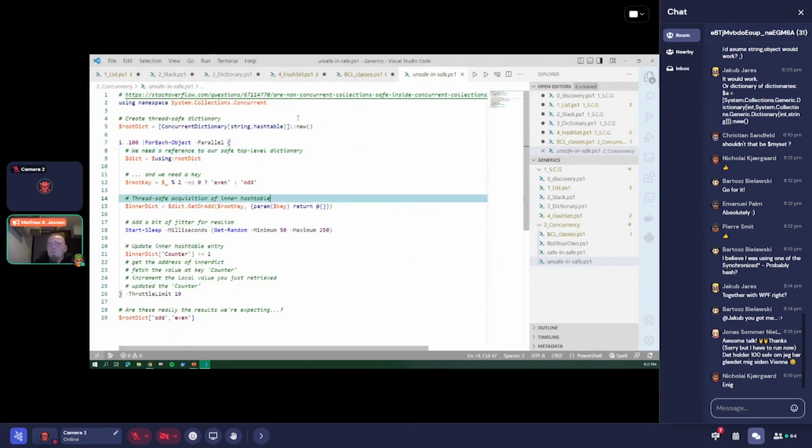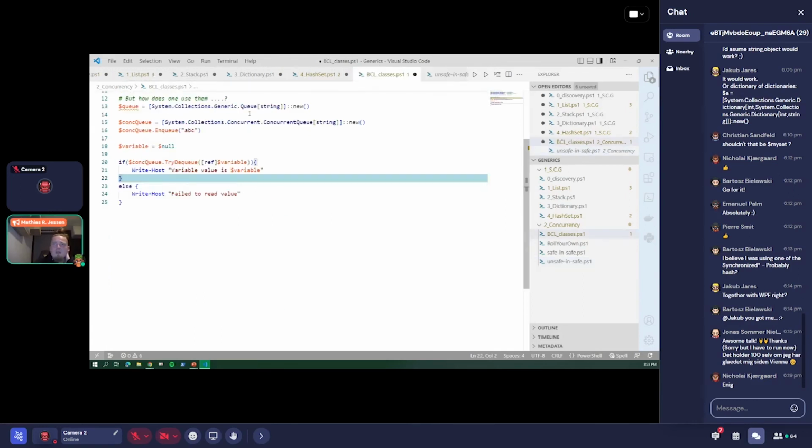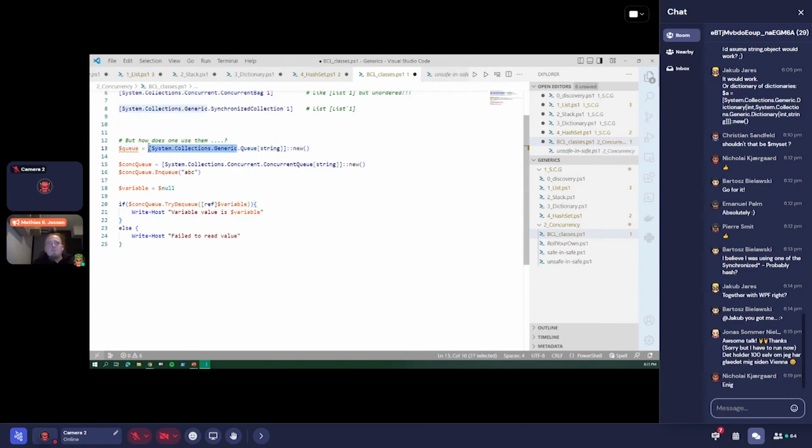Also, a pro tip: the using namespace directive in PowerShell is really useful, right? So instead of me writing System.Collections.Concurrent.ConcurrentDictionary or whatever all over the place, I just declare that I'm using this namespace here, and PowerShell will automatically try to prepend it to any unresolved type literal, right? So PowerShell sees ConcurrentDictionary and says, there's no such thing in the global namespace, let me try to prepend this. Now the code gets a little less messy, right? This is not specific to the concurrent dictionary types. We could have done that with anything here, right? We could take System.Collections.Generic, pull it out of this queue string literal, and then just go,